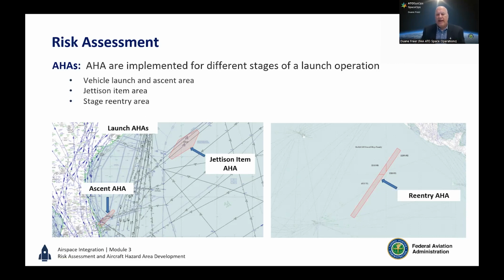And then on the right-hand side that might be of interest is also a reentry AHA. If there's a second stage or a reentry vehicle associated with the mission, we'll quite typically have what we call a reentry AHA. And this one is actually divided into 3 different FIRs and ANSPs that manage that airspace. So the NOTAM process and the coordination of those reentry AHAs with our international partners is key to the mission planning.